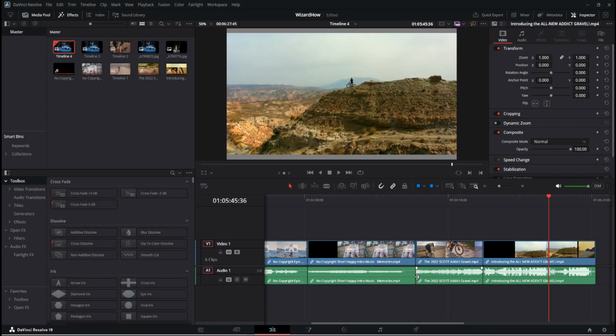Hey guys, in this video I'm going to show you how you can export JPEG in DaVinci Resolve. The quickest method